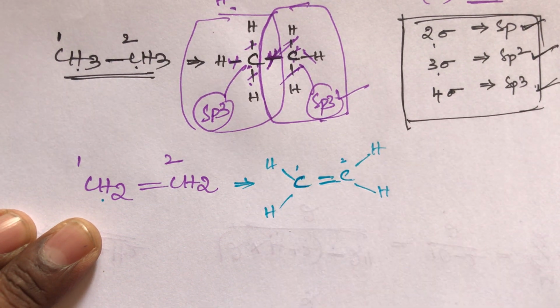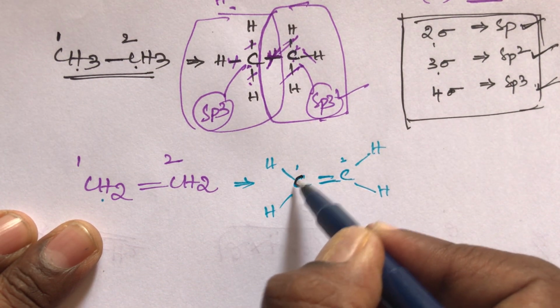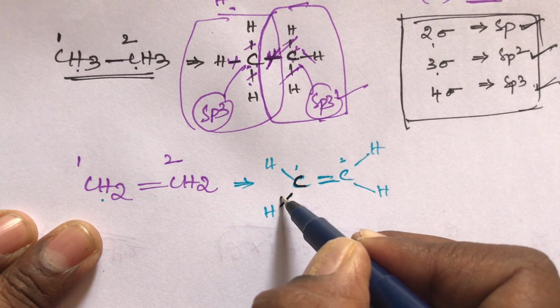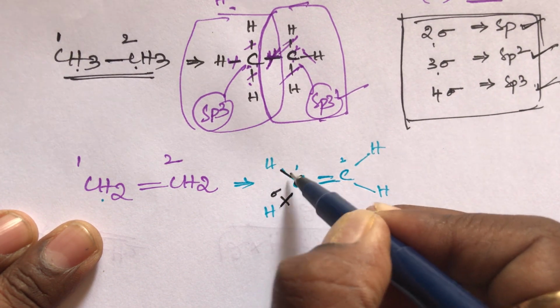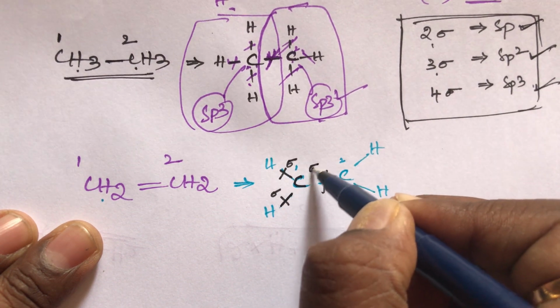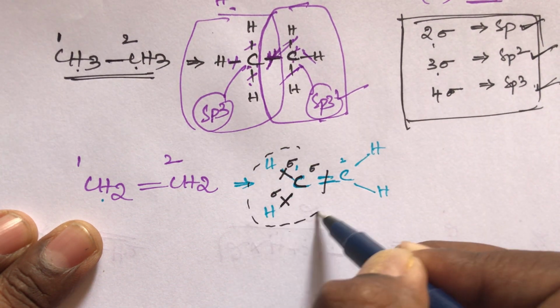This first carbon surrounding, how many sigma bonds are there? What I said, student: this is one sigma bond, having only one sigma. Here also one sigma bond, here also one sigma, and the double bond is there; the double bond also has one sigma. This is the first carbon's surrounding, from here to here.